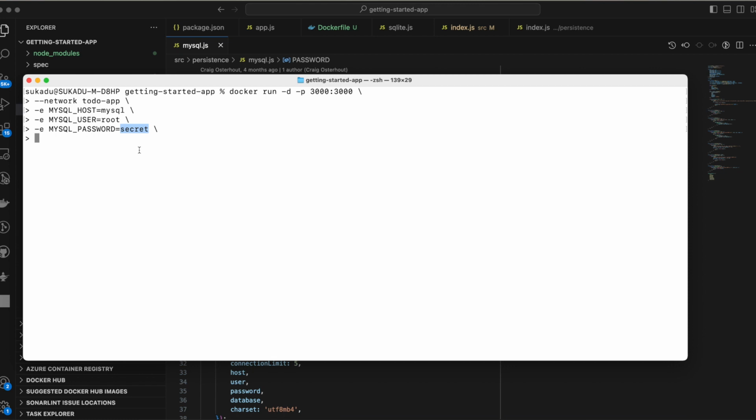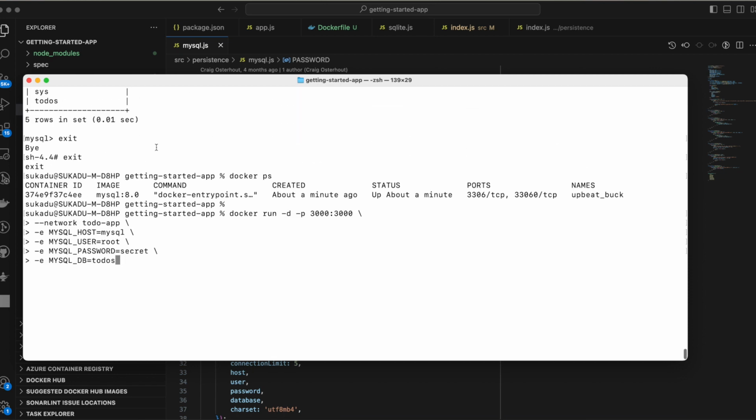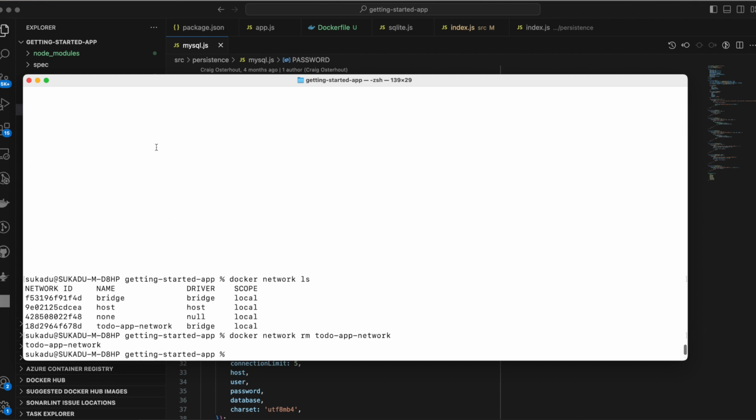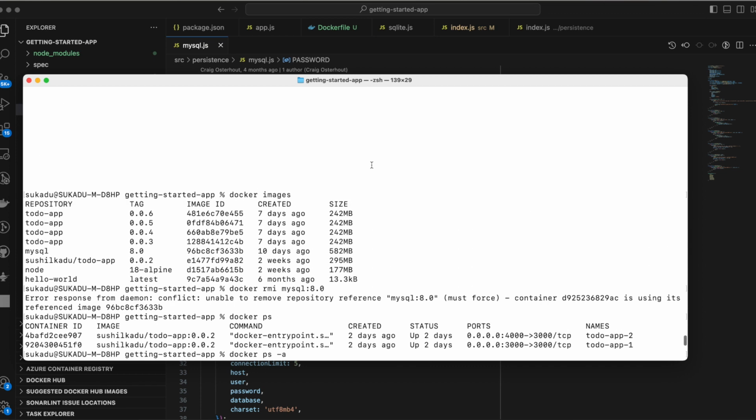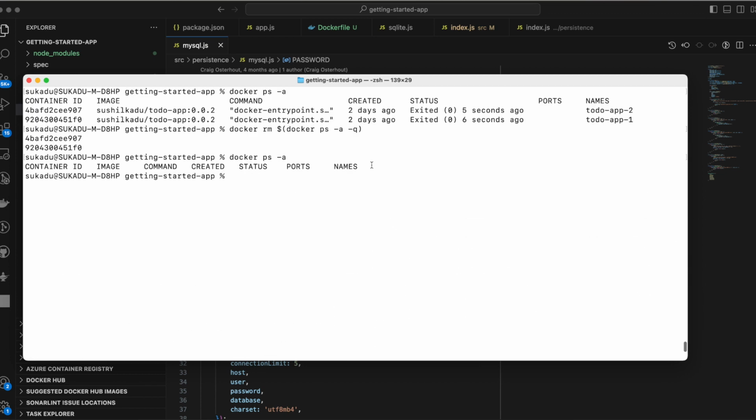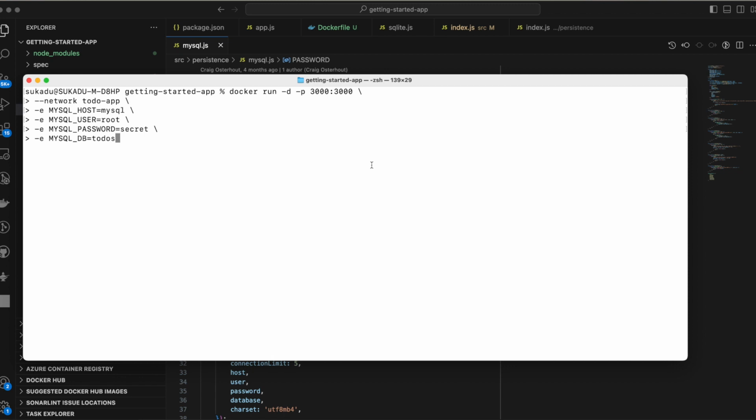And the database name where we want to store the data is MySQL underscore DB equals todos. If you remember, that's the name that we had given while creating the database. So that's the database name, and what's the image that I'm running? Sushil Kadu to-do app colon 0.0.2